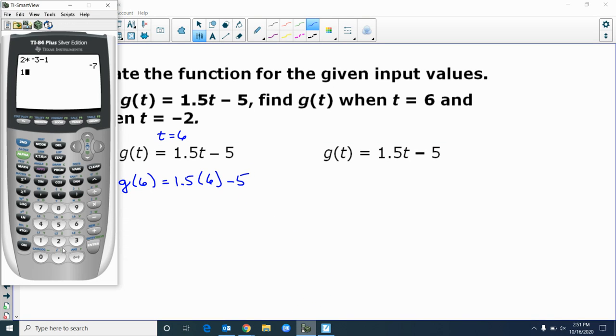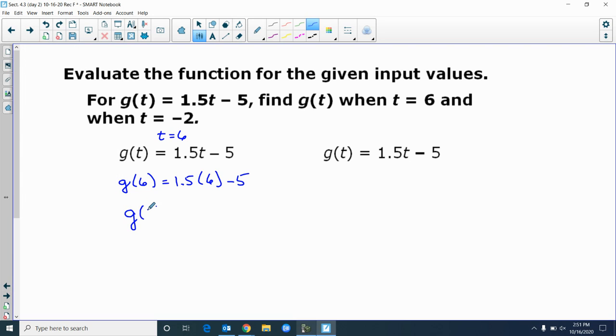Okay, what is 1.5 times 6? It is 9, and 9 minus 5 is 4. So g of 6 equals 4. All right, over here,